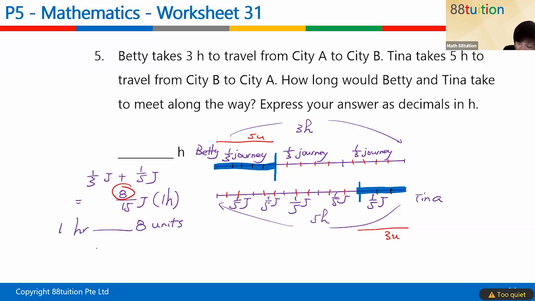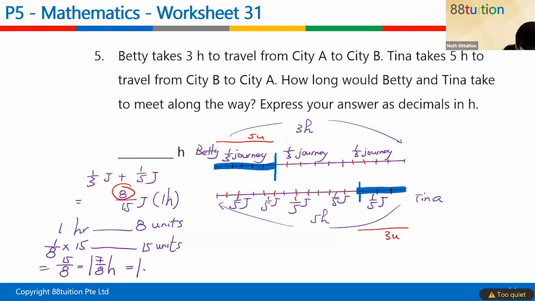Okay? So then he wants to cover the 15. How long will it take to cover here? So it will be 1 over 8 times 15. Oh, so this is 1 whole 7/8 hour. But he wants decimal. So